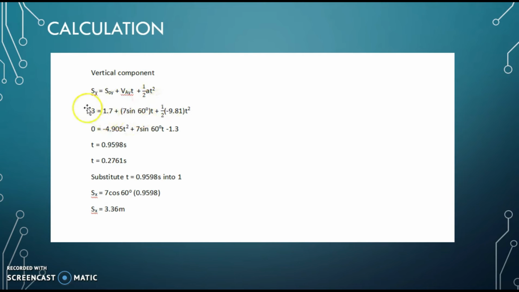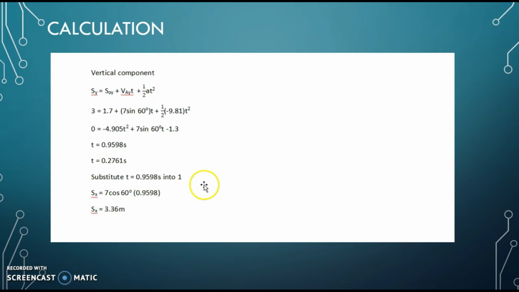And then just like what we did with the horizontal component just now, we input the values that we have already obtained, and then we calculate, and what we get for t is 0.9598 seconds and 0.2761 seconds, and we use